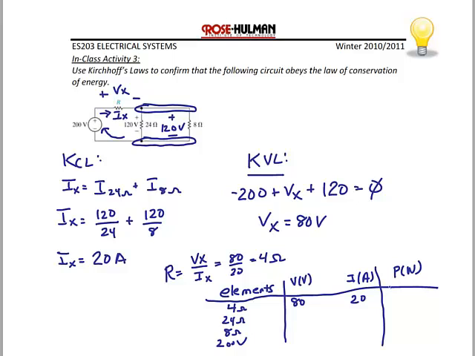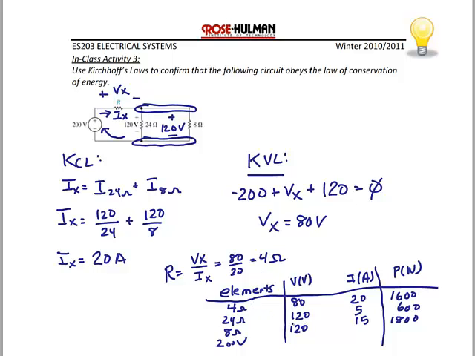Resistors always absorb power, so 1600 watts absorbed. For the 24 ohm resistor, that's 120 volts and the current is 5 amps, so that's 600 watts absorbed. For the 8 ohm resistor, the voltage is still 120, the current is 15, so that is 1800 watts